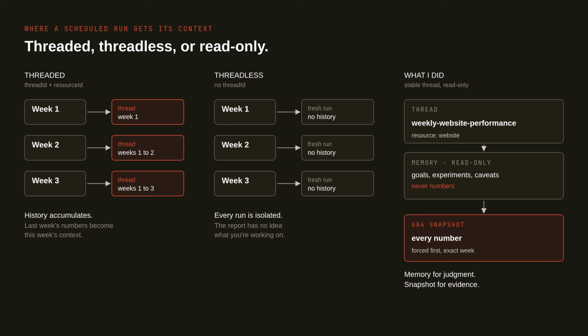So that way Beacon has a single thread or history of everything that we talk about or work on that's related to my website. The things that we exclude from this are the actual numbers. We don't want Beacon to make a report based off numbers that it remembered from the previous run. We just want it to have stable facts about our conversations. And we're leveraging the Mastra memory system to do all of this.